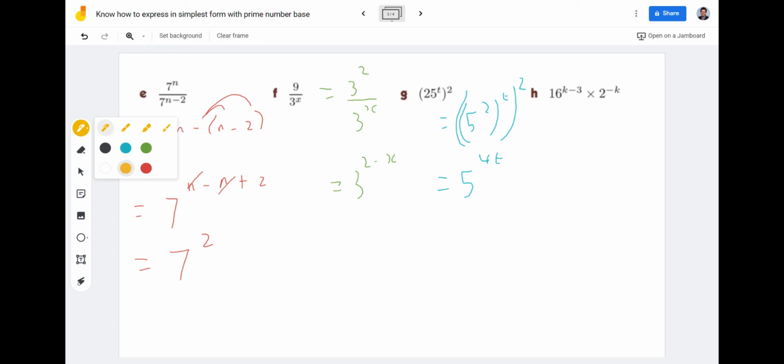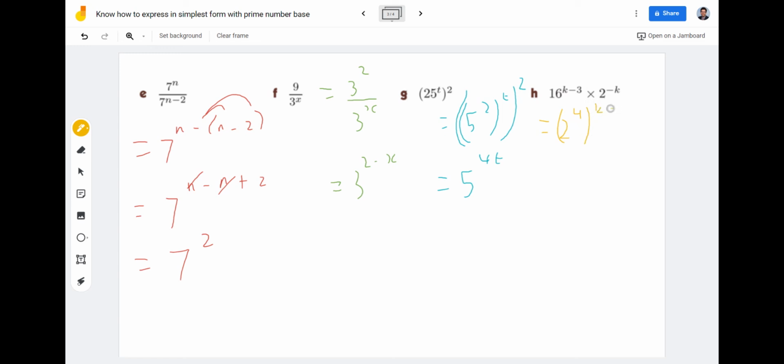Next one. 16 and 2. Let's write these both as powers of 2 because looking back at our prime number list at the top of the page, these we can both write as powers of 2. We want them to both be the same powers. 16 is 2 times 2 times 2 times 2. So it's 2 to the power of 4